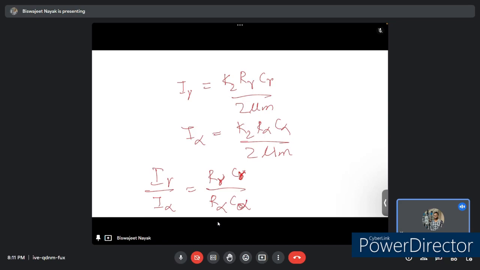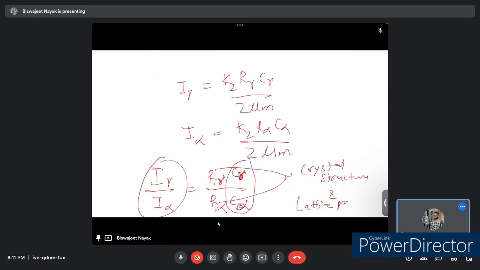This C gamma by C alpha is obtained from the measurement of I gamma by I alpha. Here R gamma by R alpha can be calculated from the crystal structure and lattice parameters. So once this C gamma by C alpha is found, then we can write C gamma plus C alpha as